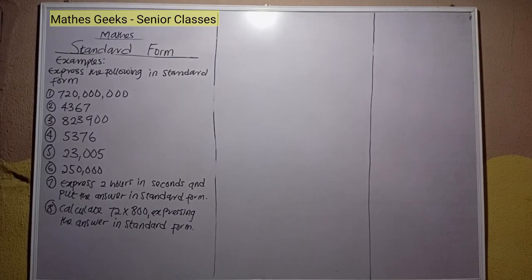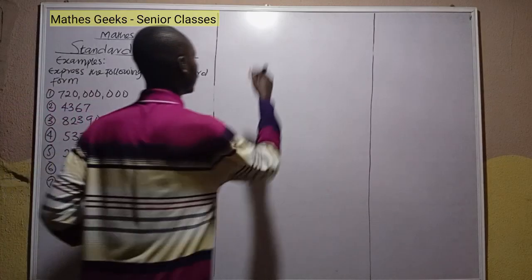Okay, so let's look at these examples. Express the following in standard form. These examples will buttress or reinforce the explanation I just gave earlier. So just follow through. If you have any difficulty, or if you are yet to grasp the procedure on how large numbers are written in standard form, please pause the video or start and watch from the beginning. Take your time, and if you have questions, draw them in the comments box. I will attend to them. So let's proceed. Solution